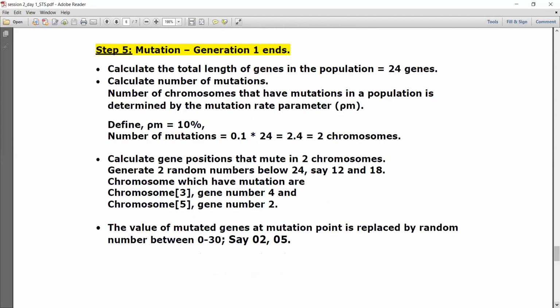And here totally how many genes do we have? What is the size of the population? It is 6 rows, 4 columns, so totally 24 genes. Is it not? So how many genes are going to take part in the mutation process? Again, I have the freedom to select. I can tune it also. Normally we give 10%. You can raise it to 15% also if you want to change the convergence. So now let us assume 10% and see how to apply the mutation process here.